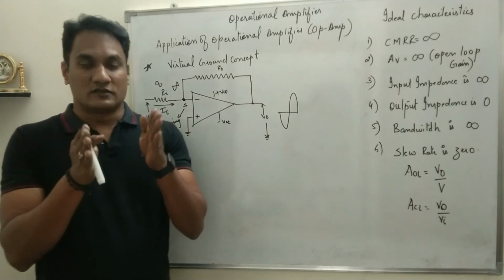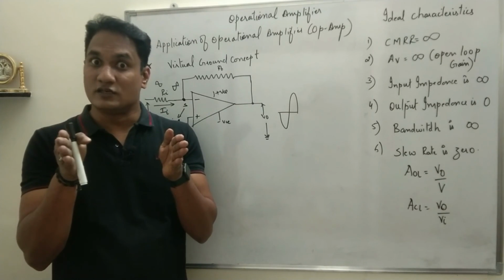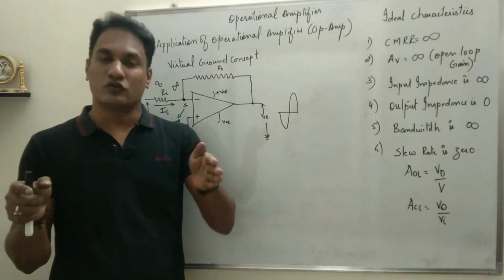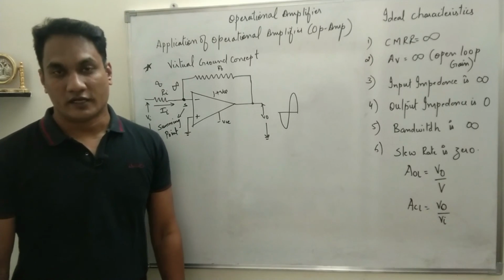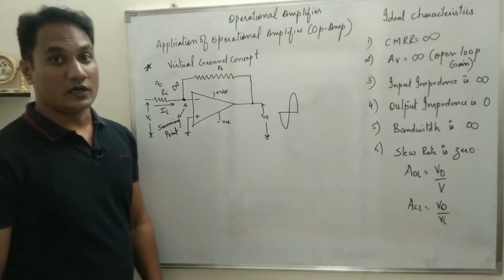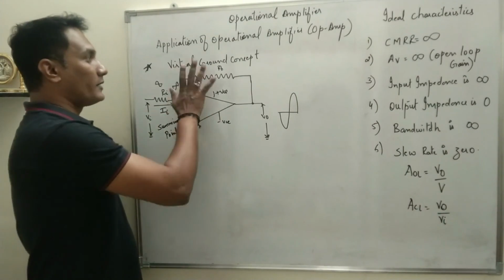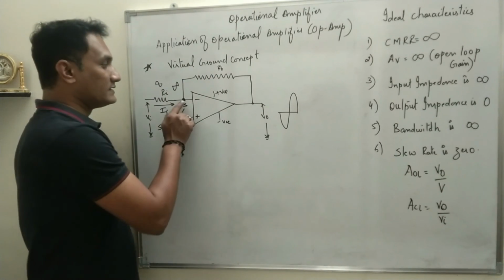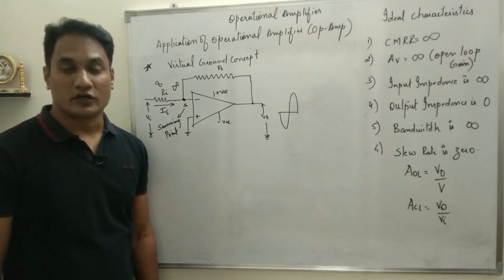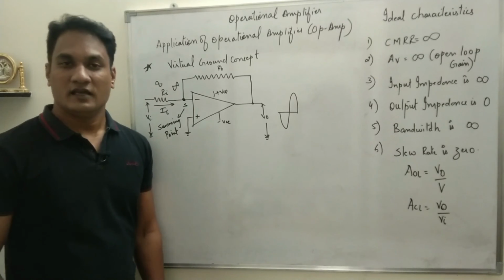Now there are two things, normal ground and virtual ground. In normal ground, the voltage at that point is zero but the current is infinite, but in virtual ground, voltage and current both are zero. That is what we have to understand. So this is the virtual ground concept. Hereafter, when we study the applications of op-amp, whenever the op-amp is connected in inverting mode, I will consider this summing point as virtual ground. That means I will consider the potential at point S to be zero.